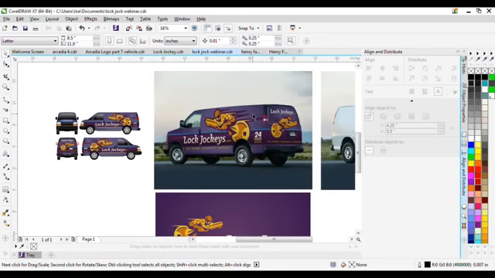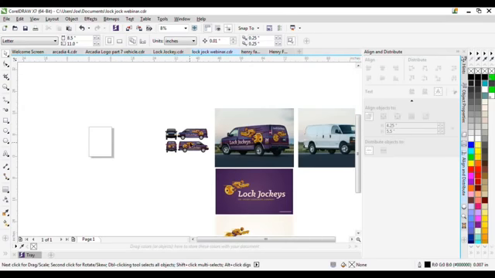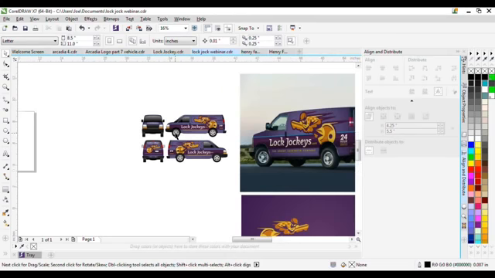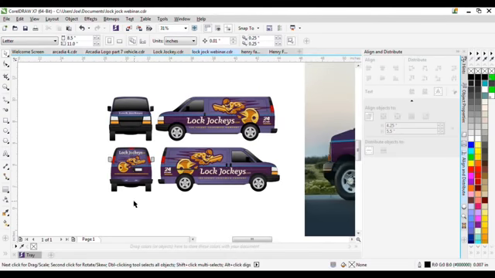So this is a wrap for a locksmith company, and I'm going to walk you through how I did this project. So to start, I like to do a template or a design like this, where I've got both sides, my back, and my front. And I didn't have the luxury of having straight-on photos of this vehicle, but luckily CorelDRAW has a lot of great artwork that you can get with Corel Connect. And so the best way to do that is you go up to your application launcher, which is up here,